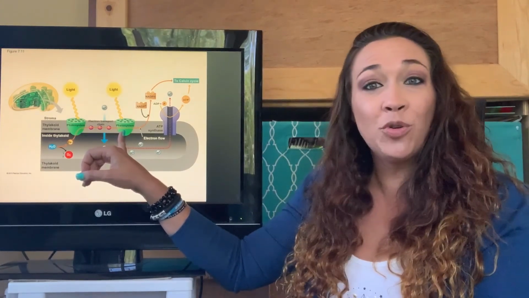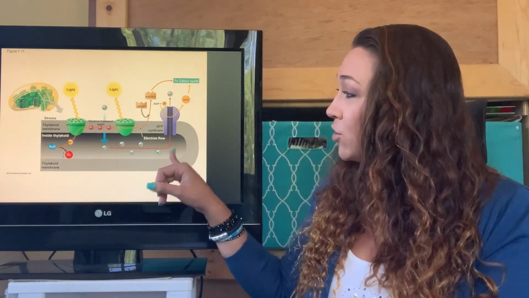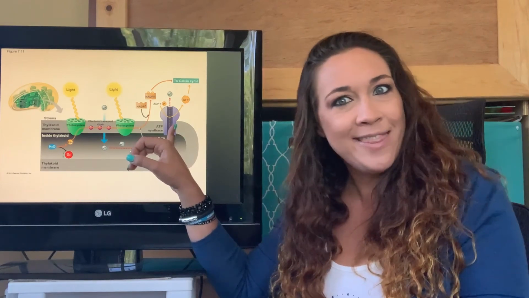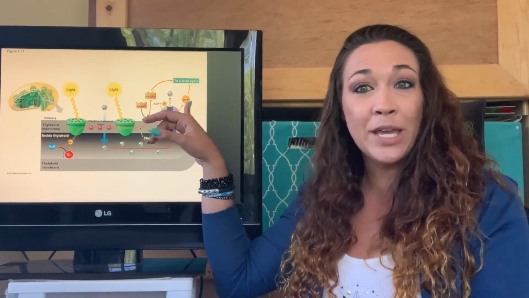And then once you create that artificial gradient out here, you're going to be able to force these ions through ATP synthase, just like we saw in the mitochondria, which is going to turn and again shoot out ATP. Okay, so we're going to get that ATP, which is going to go start our part 2, our light independent reaction. Okay, it doesn't require light. I mean, it does, because obviously all this energy came from light, and therefore that's going to turn on step 2. So it is kind of misleading. But this one is the only one that directly absorbs the light.